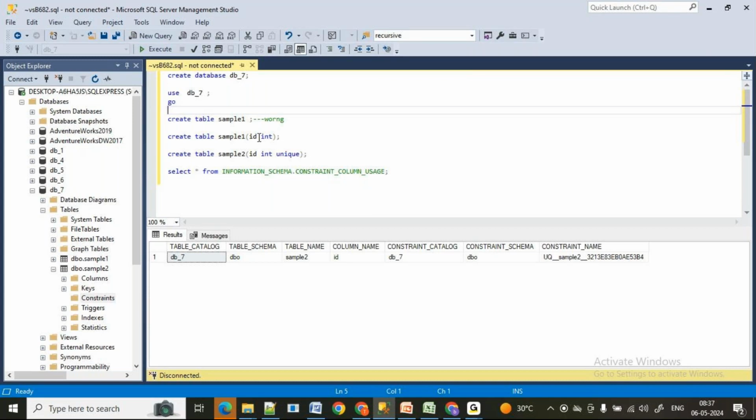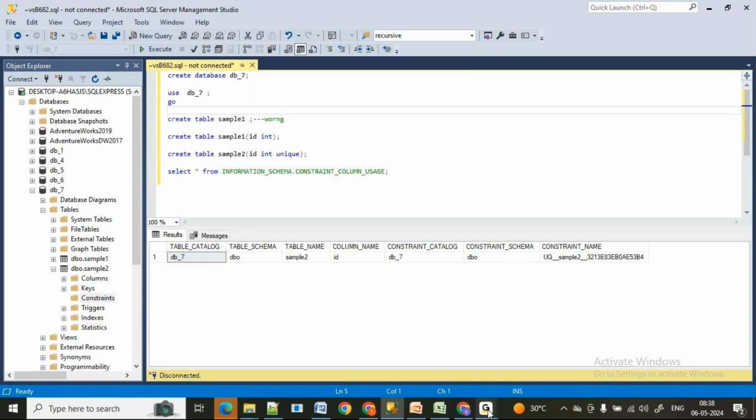You can have a constraint while creating a table, or after creating a table also. In today's class we are going to see how constraints work, and how we can add a constraint after creating a table.